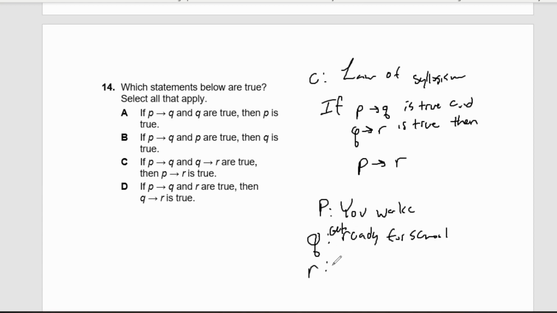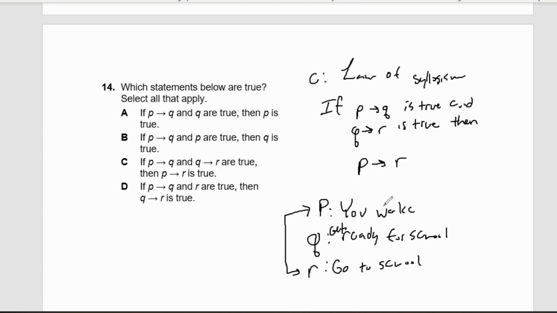And R is you go to school. So this is saying you have P implies Q is true. So you wake up, so that's true. You get ready for school is true. And if you get ready for school is true, then you go to school is also true. Then you can just say that on days you wake up,